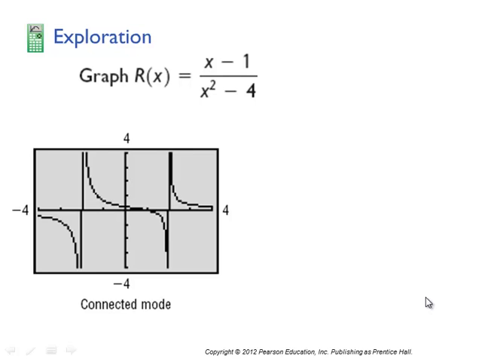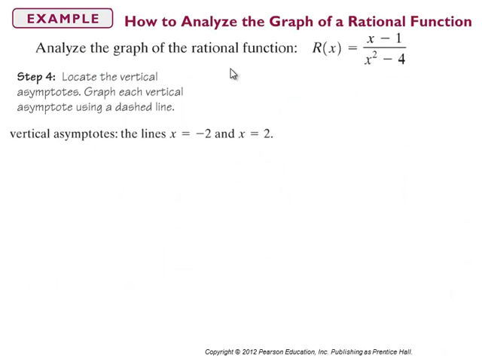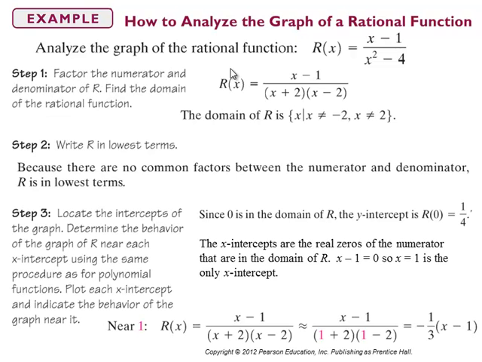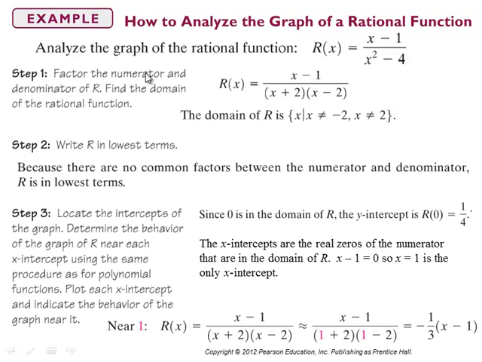So here is a graph of this rational function. And let's just review the steps. So let's go back to the beginning, just to take it from the top again, because once you understand these steps, then you can do this for any other rational function. Remember, step one is we factor the numerator and the denominator and identify any values of x in the denominator which will make the denominator equal to 0. And so we could write our domain,